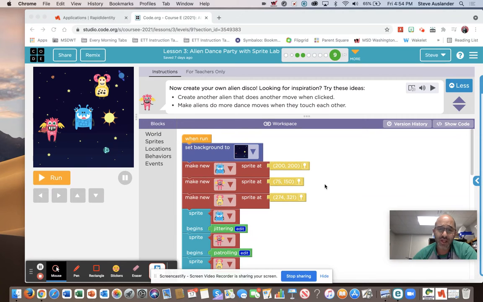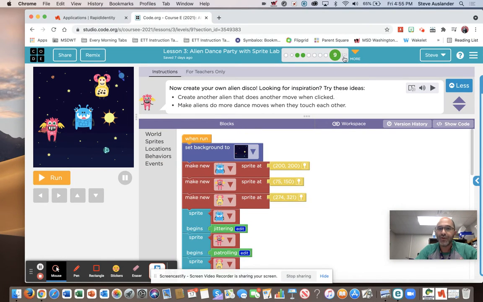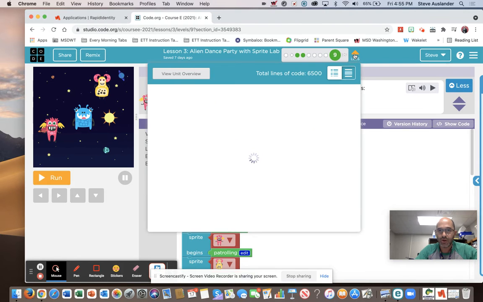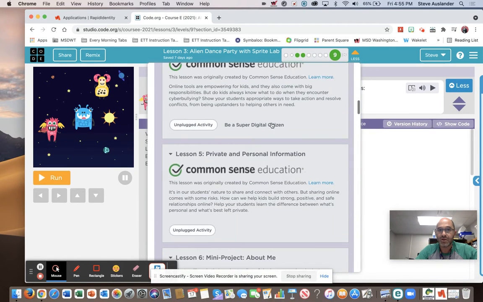So, your first task is to complete lesson 3. Lesson 3 includes the alien dance party with Sprite Lab, and many of you have sent me your projects, and I love them. Finish lesson 3. That includes the different events, like when something is clicked or when a sprite touches another sprite, a behavior occurs. Cool. Once you finish lesson 3, you're going to go all the way to lesson 6 because